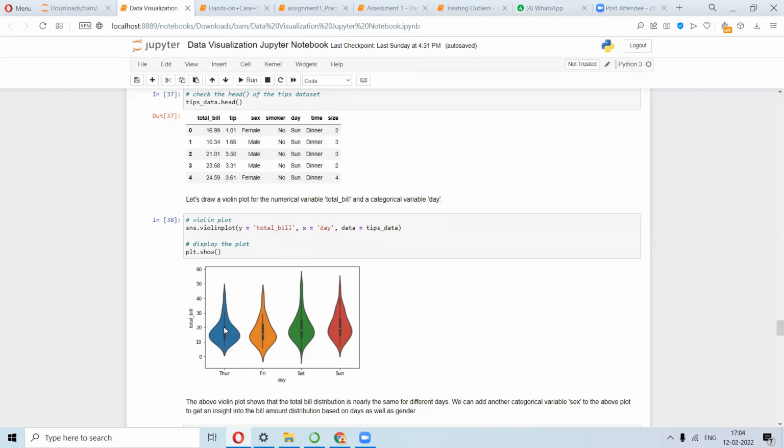Also, you can compare side by side the median tip for all these days. You see that this line is slightly above that of this one. So on Saturdays and Sundays, people give slightly more tip.